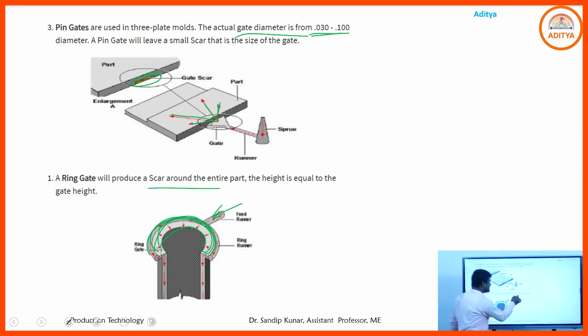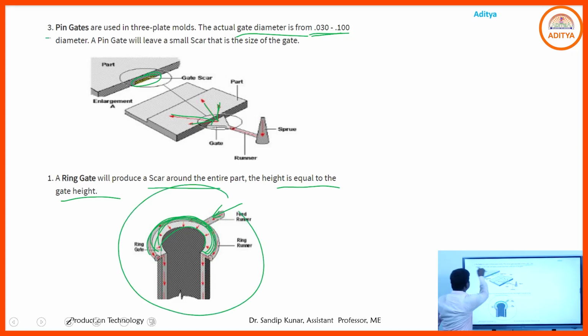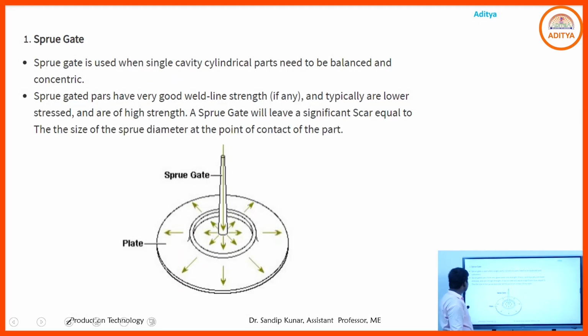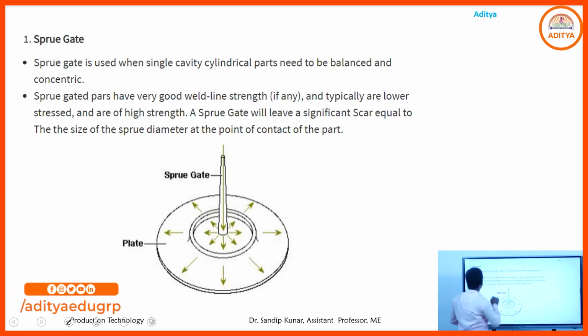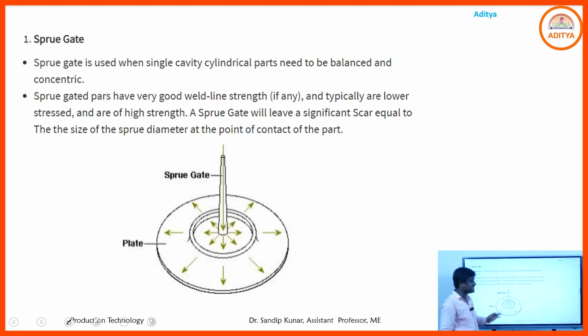The scar height is equal to the gate height, and there is also a scar around the entire part, with the height equal to the gate height. So that is the ring type gate, and that is the pin type gate. Another is the sprue gate. Sprue gate means a sprue type gate. When we take a single cavity,